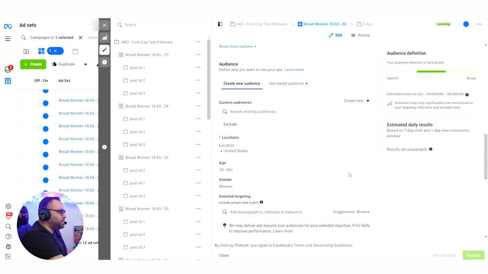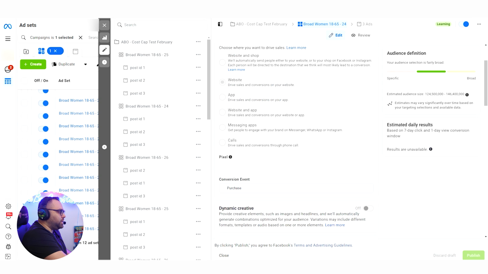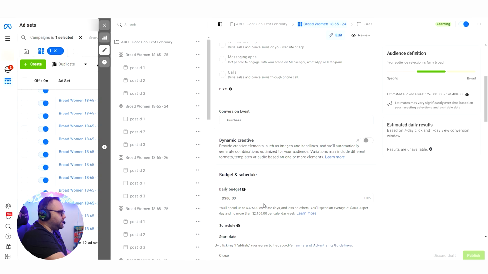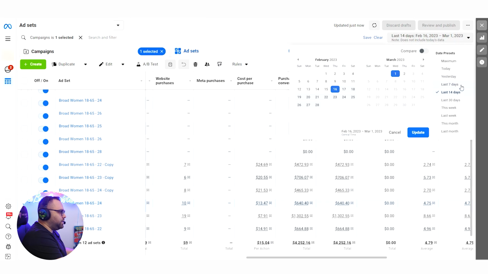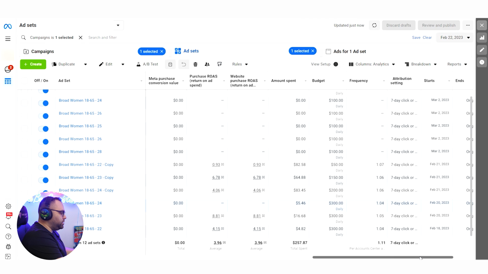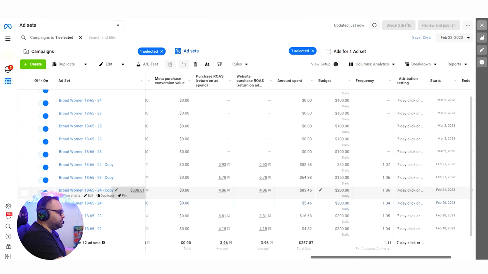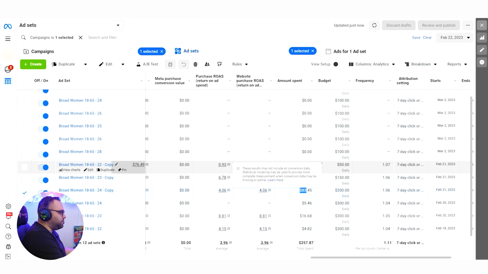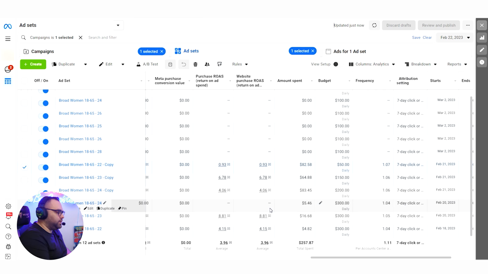And now the other thing that you need to know about that is that you can come here, so you can put a budget over here of 300. For example, it might spend only 50 or 60 or 70. It's not going to spend more than that. If we go here on the last, let's go for example on one day, let's go on 22. Okay, so here on 22, you can see that here we had a $200 budget, it spent only 83. 82 over here, most probably I lowered the budget over here, because it wasn't doing well. So another thing that you need to know with that is that you need to monitor it, okay?